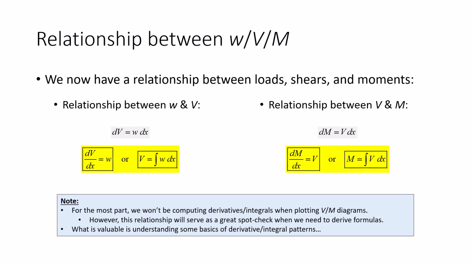That's fine, but that's not really what we need. See, if we're given the moment diagram and the shear diagram, we can differentiate those to get the loads. But typically it works backwards. Typically we're given the beam, here are the loads on the beam, and we need to determine the shears and moments. So if differentiation will take us from moment to shear to load, then integration will take us from load